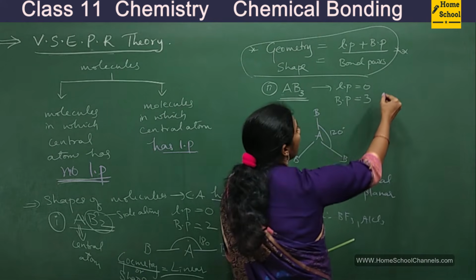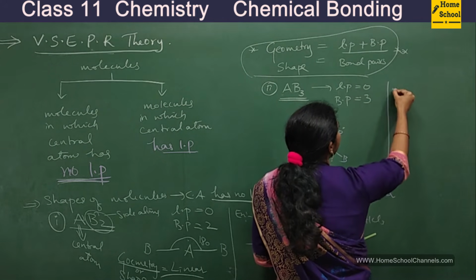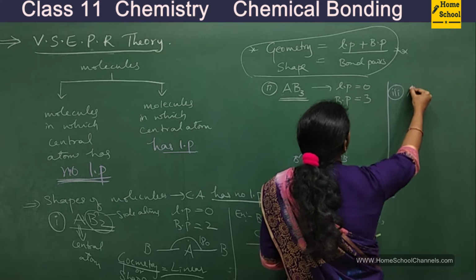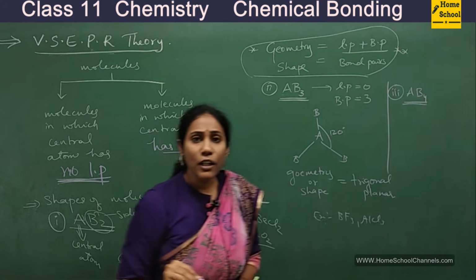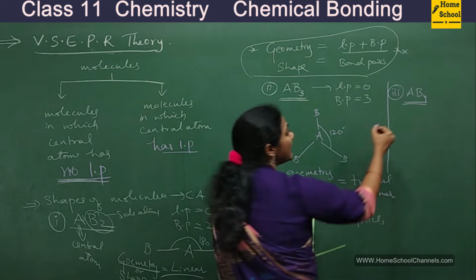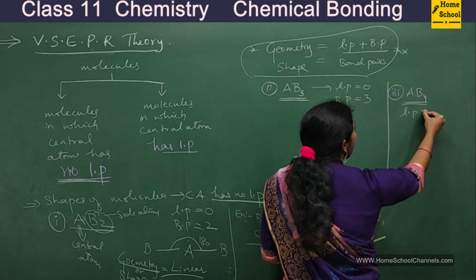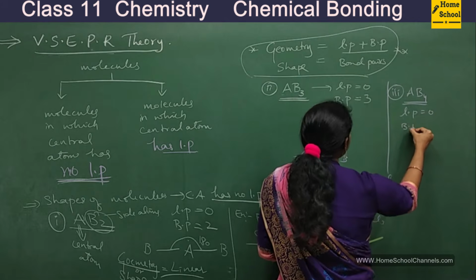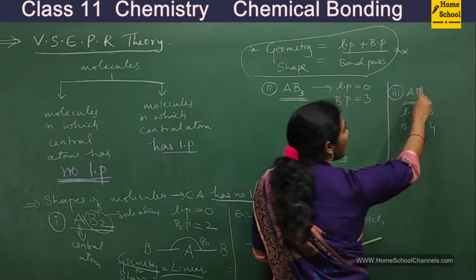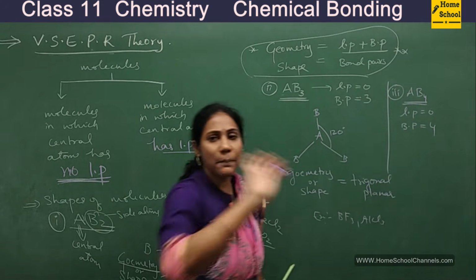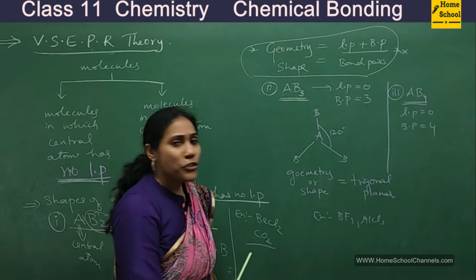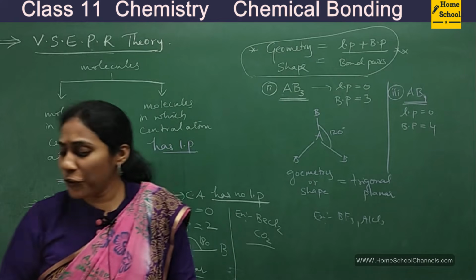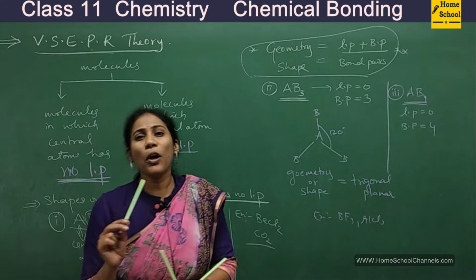Now let us go for the third model. If you have a formula of AB4 variety, okay. So in AB4 variety, lone pairs are 0. Bond pairs are how many? There are 4 bond pairs, 4 side atoms. So there must have been 4 bonds between A and B's. Okay, so if the central atom has to hold 4 bond pairs,